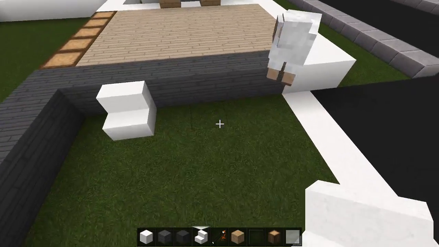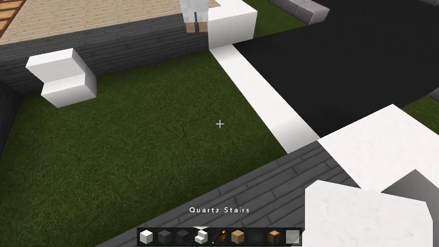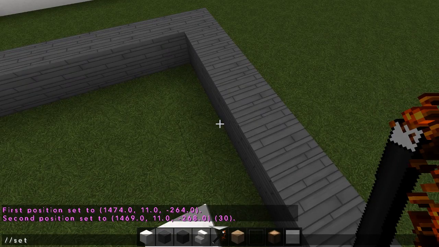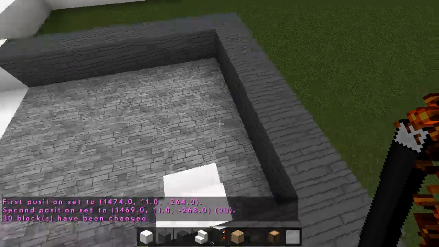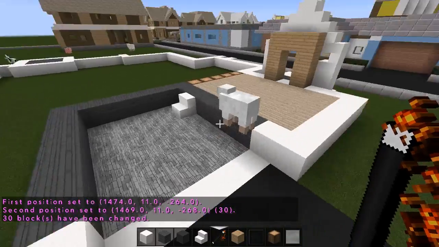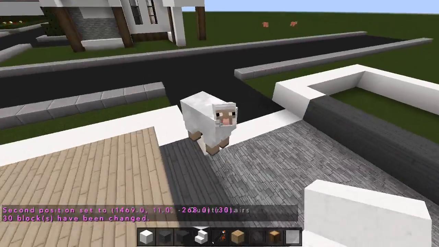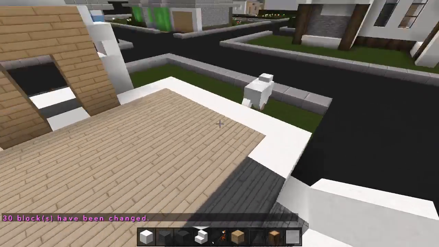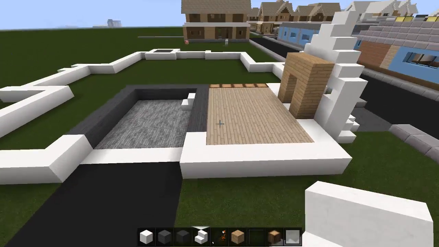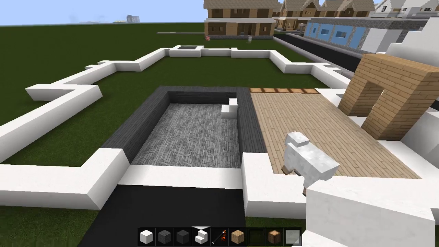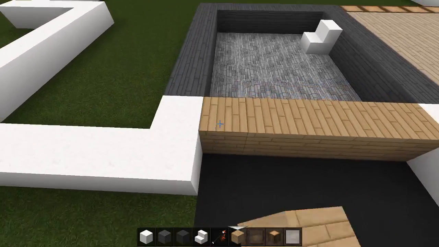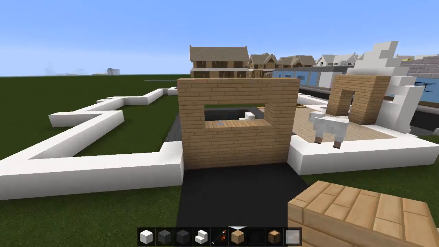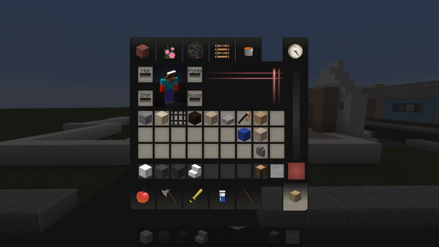Let's go back here to the garage. We should just set stone. Alright, perfect. So you have a little mini garage here. Move. Sorry. And for the garage door, using oak again. I'm gonna go 2 up, just like this, and then